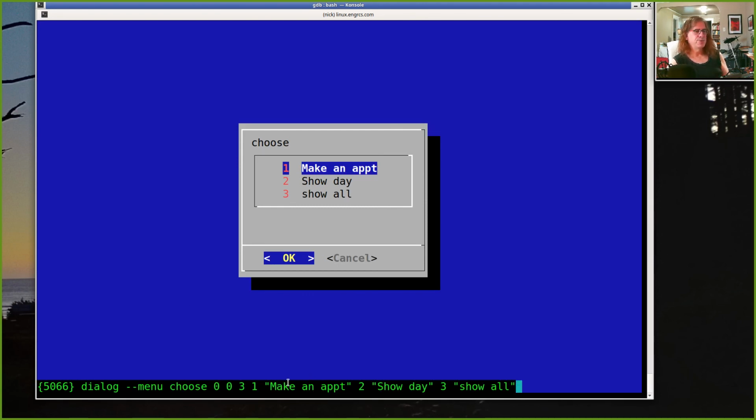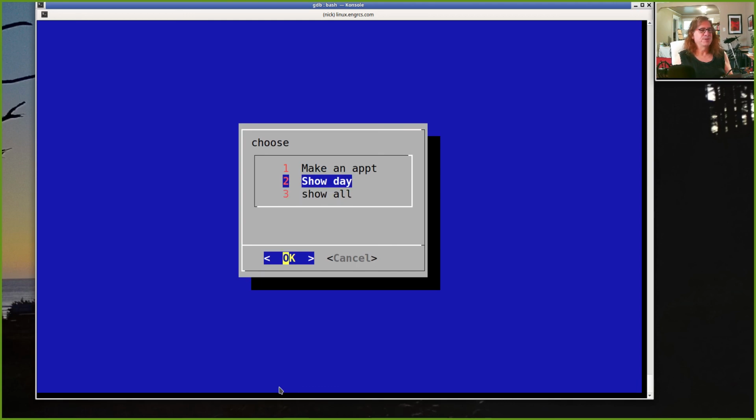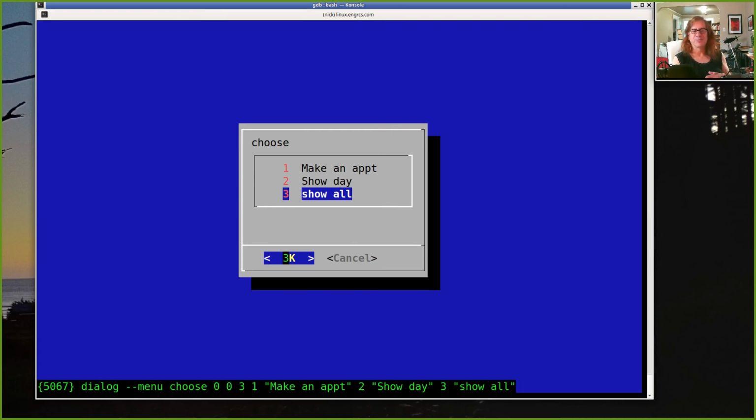So I can say menu, tell it how many menu items I want, and then I can list each of my menu items, and I'm just listing them next to a number, and I can go through and choose one of these. I can just hit the number 1 to select item 1, or number 3 to select item 3, and so on. And once you make a selection, whatever I put in the first column, that's the output of the command. And so I could capture that in back quotes with output-fd equals 1, and so on and so forth. Right. So think about these pieces, how you can put them together to do homework 7,